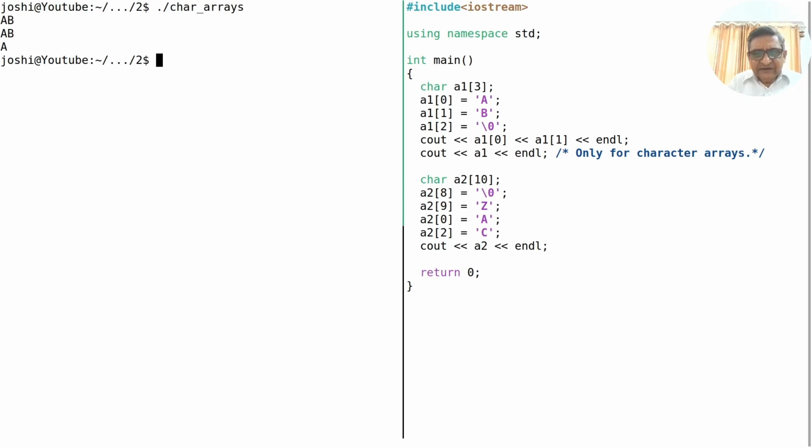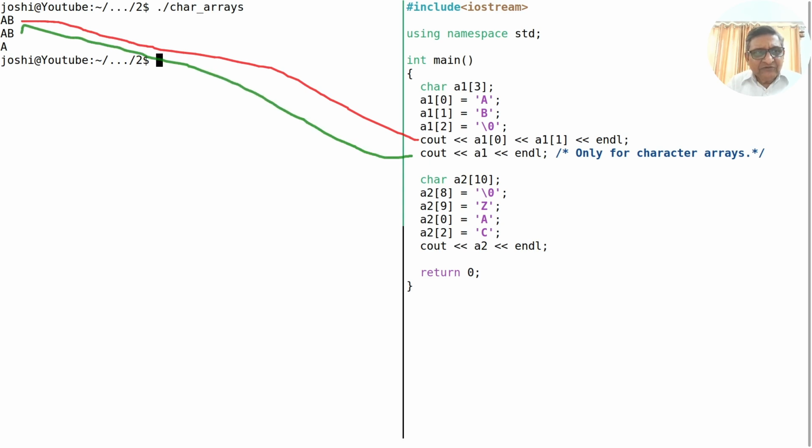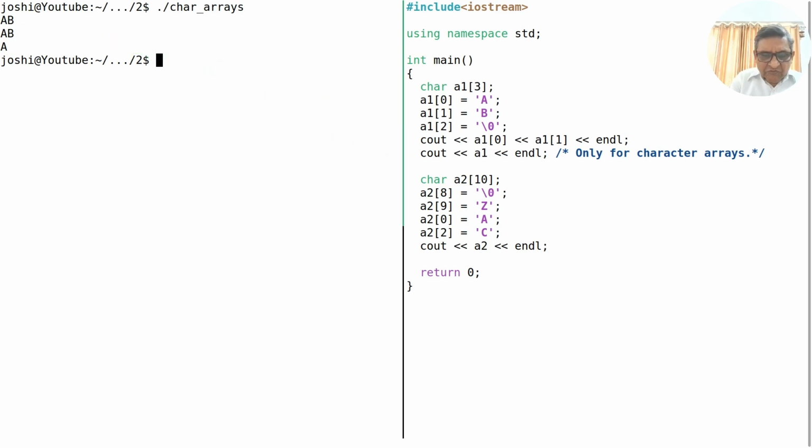I can see here first it has printed these two characters, absolutely no problem, capital A, capital B. Now here also it starts printing from capital A, terminates at null character, no problem. But what it has done here is it starts printing from capital A and stops there. What does it mean? It means at second index location, that is index number 1, it has assumed that